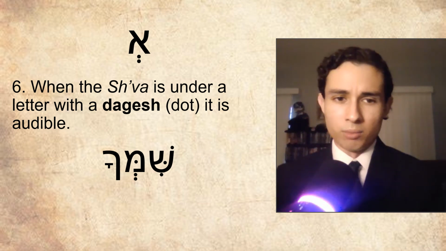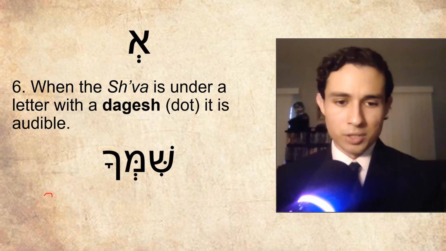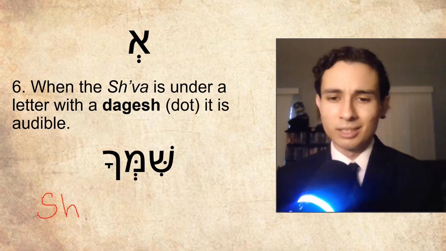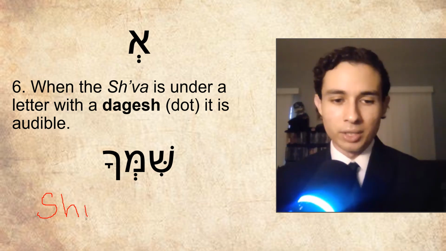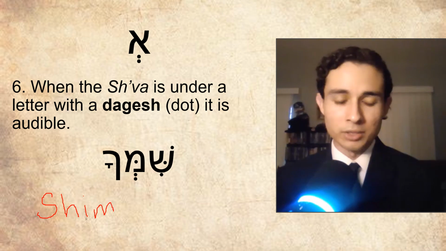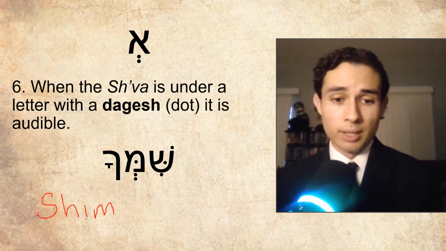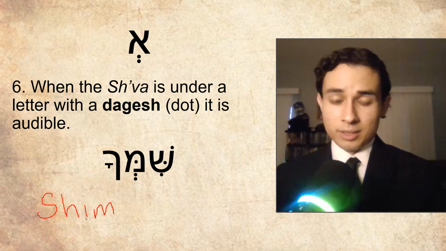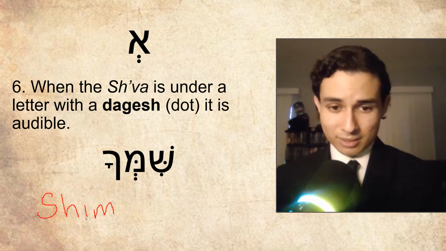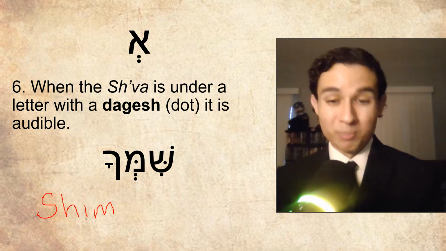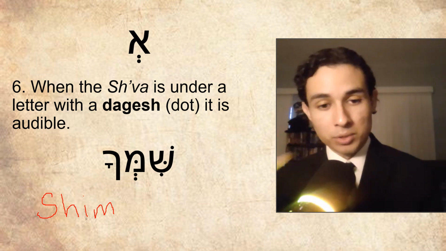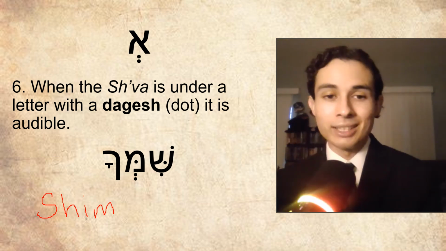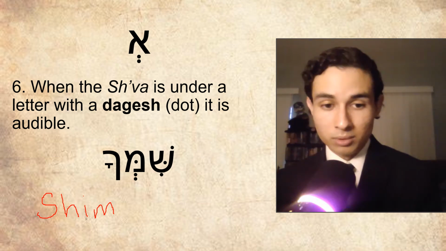For example, here we have the word, let's transliterate it. First we have the sheen, and the sheen here is doubled, but we're not going to put SH. We'll just treat it as an emphasis. Then we have the chirik, then we have the mem. Now here's the important thing, ignoring the doubling. Is the shva audible or silent? Well, it is preceded by a short vowel, but that's not the rule here. Right now, it's superseded by the fact that the mem has a dagesh in it, meaning that it is audible. So we're going to put a little e, an apostrophe, and I'm going to finish off the word.